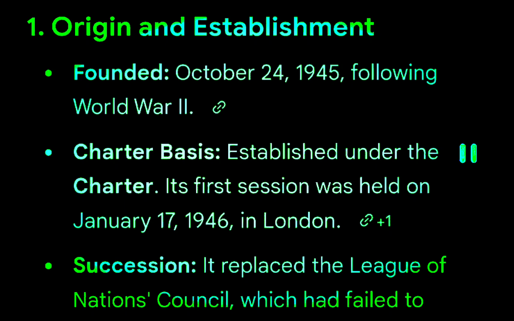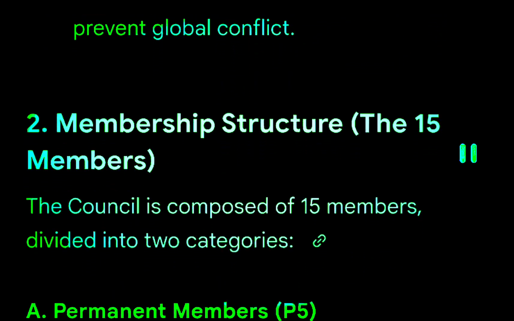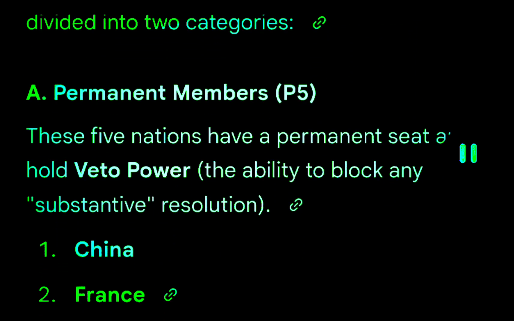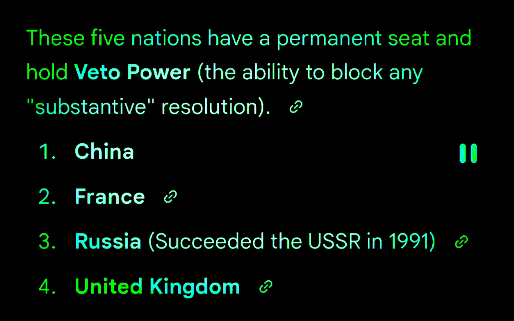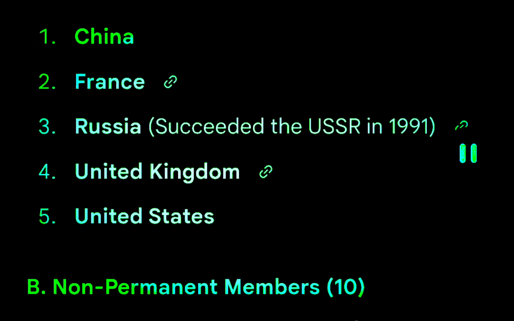2. Membership structure. The 15 members. The Council is composed of 15 members, divided into two categories. A. Permanent members, P5. These 5 nations have a permanent seat and hold veto power, the ability to block any substantive resolution: China, France, Russia (which succeeded the USSR in 1991), United Kingdom,